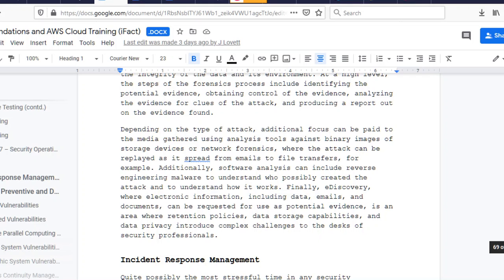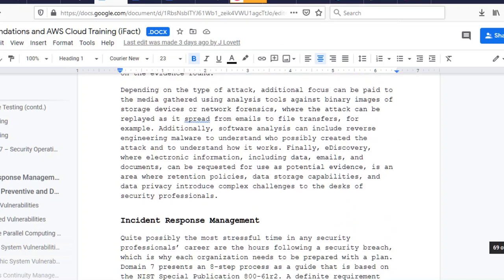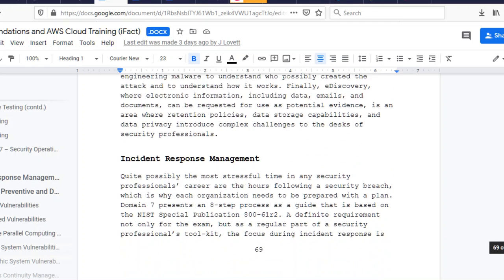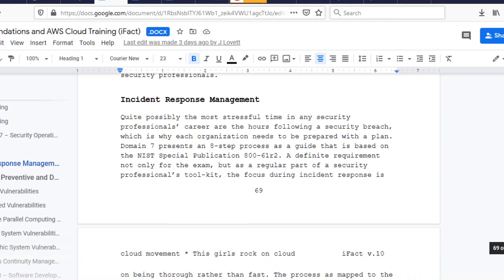For court cases, you need something they call chain of custody for those. So you also have data storage capabilities and data privacy. You introduce compliance challenges to the desk of security professionals. So all these things are like multi-tentacled. And I hope you guys can take it one day at a time, the exposure. So now after all being said and done, we have the incident response management, which is sort of